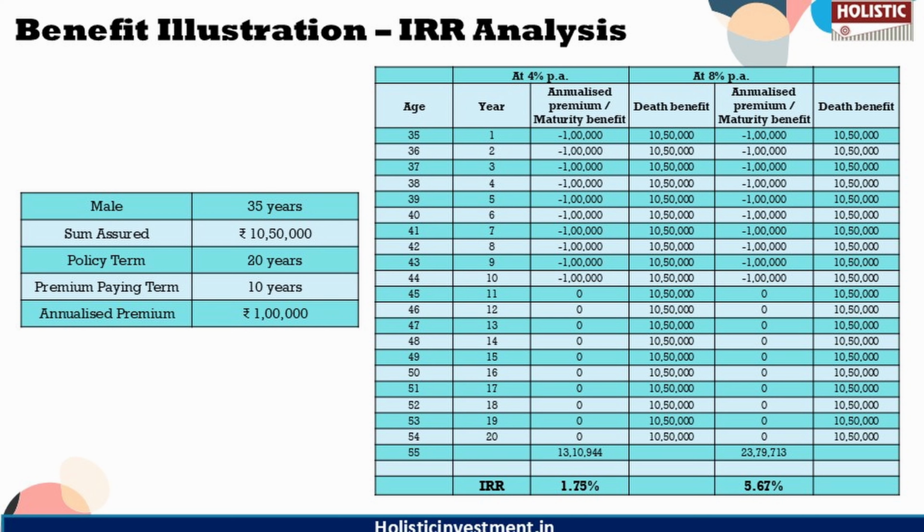Moreover, this policy imposes restrictions on how the corpus can be used. Investors are not allowed to deploy the accumulated amount towards personal goals or alternative investment avenues. Instead, they are obligated to use the proceeds to buy an annuity plan, and only up to 60% of the vesting benefit can be commuted, that means withdrawn as a lump sum, while the remaining must go towards annuity purchase. So this lack of post-retirement flexibility and the mandatory annuitization requirement makes this policy less attractive as a retirement investment